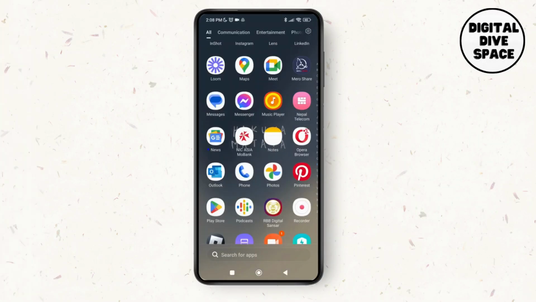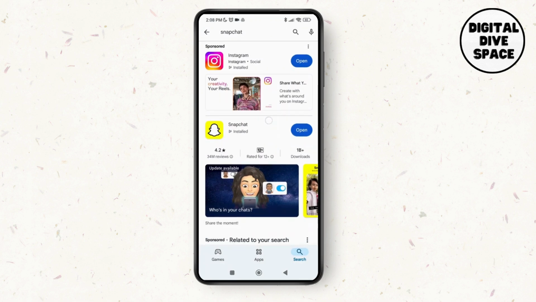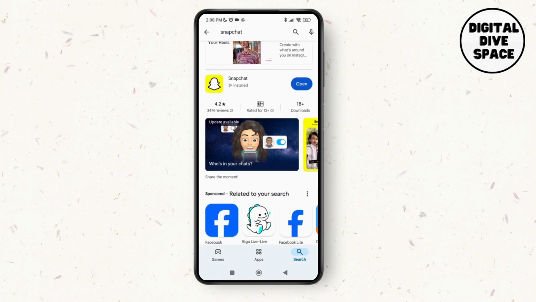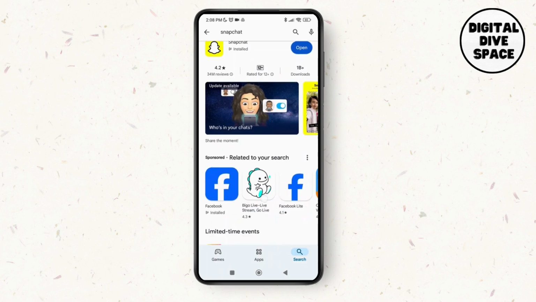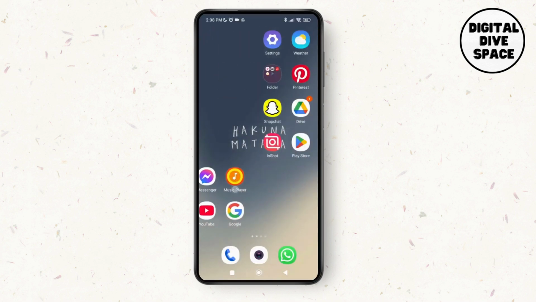So first of all, go to the Google Play Store application and search for the Snapchat application over here. As you can see, there's no option of update over here, which means we have the latest version of the Snapchat application. So what we're going to do is go back and then make a long press on